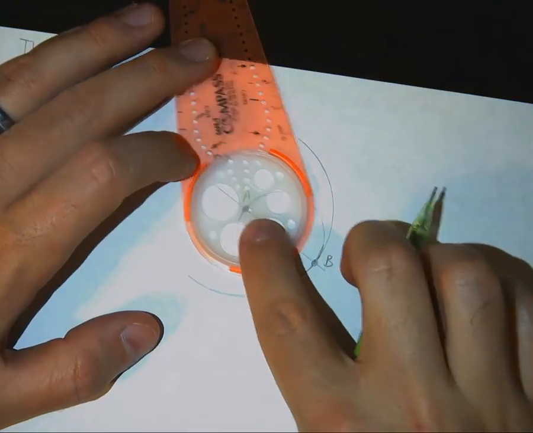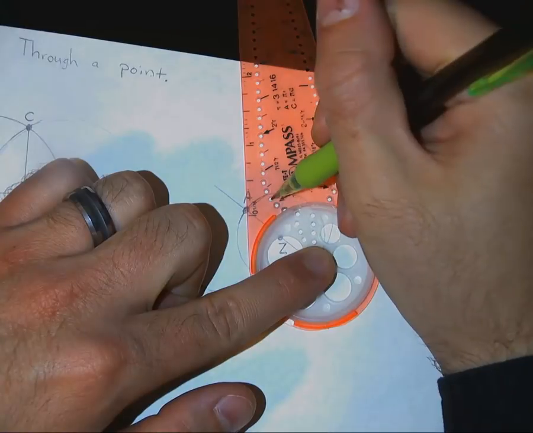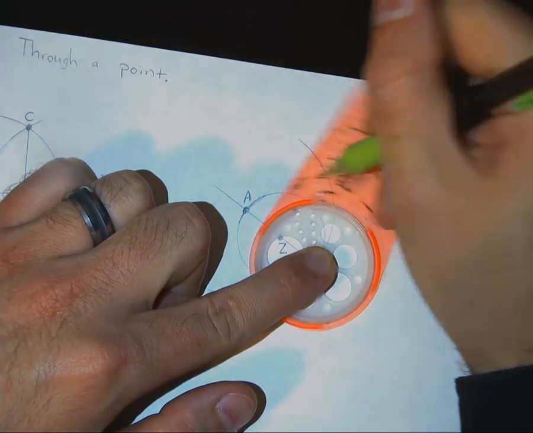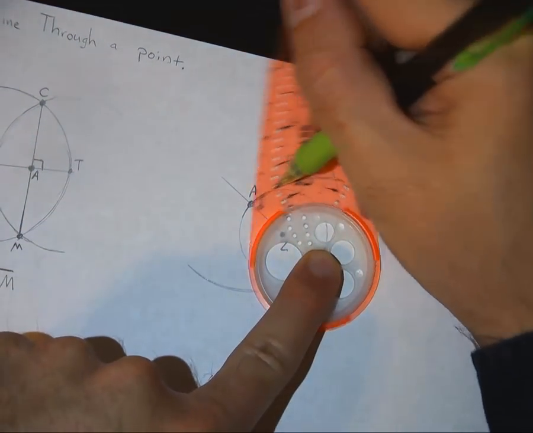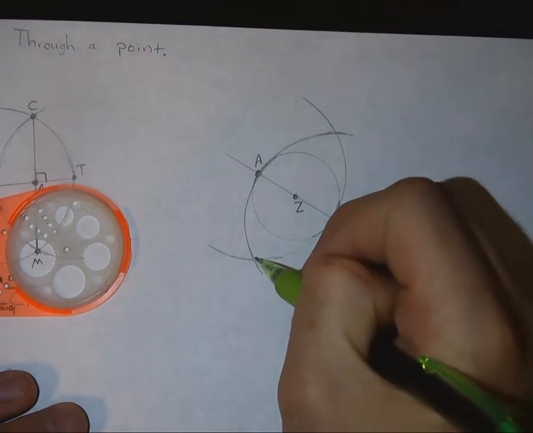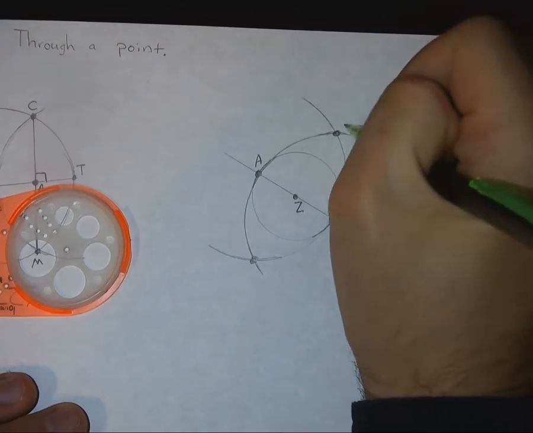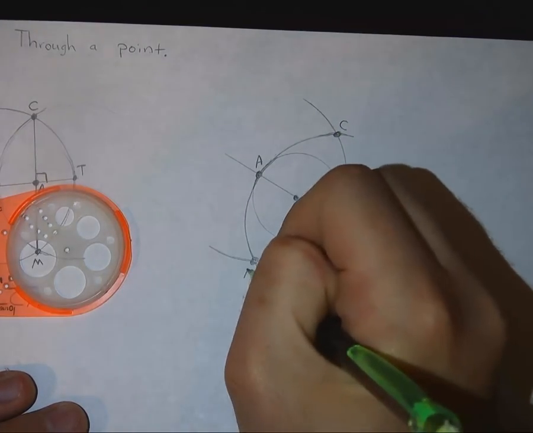But bring my center over to B. 1, 2, 3, 4. I should hit A. Good. Got an intersecting point there, and an intersecting point there. You'll need to label these points whatever you would like. You can go C and D,